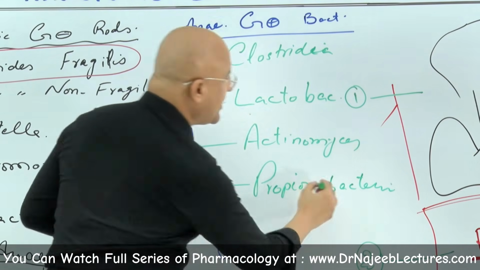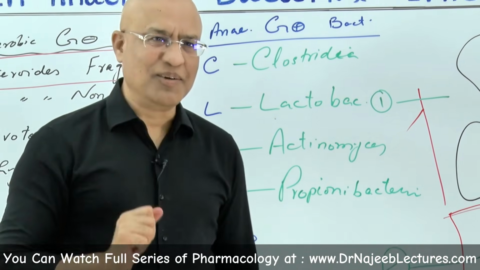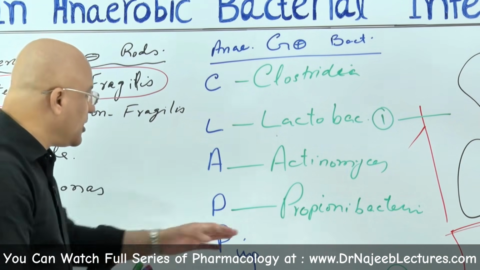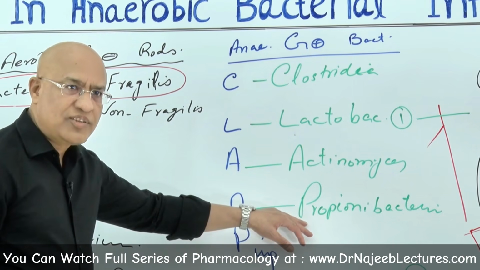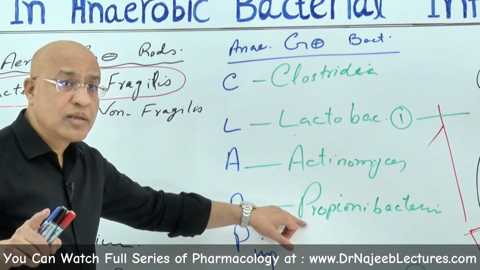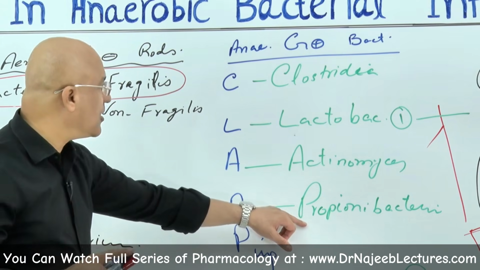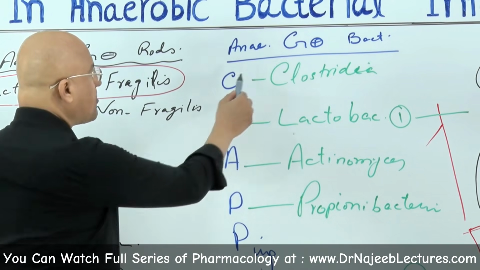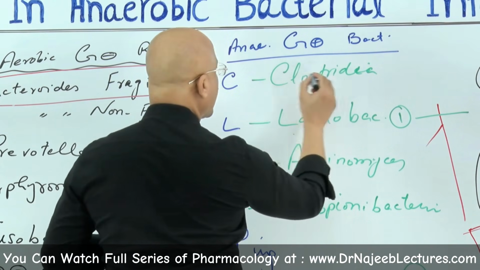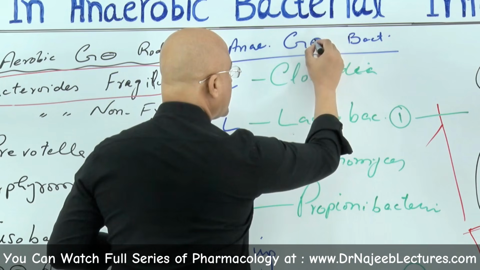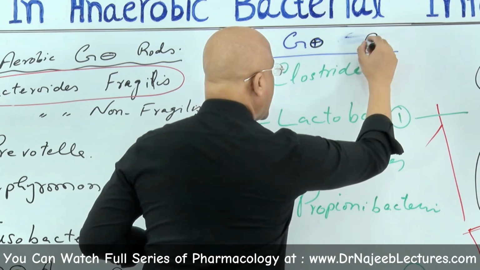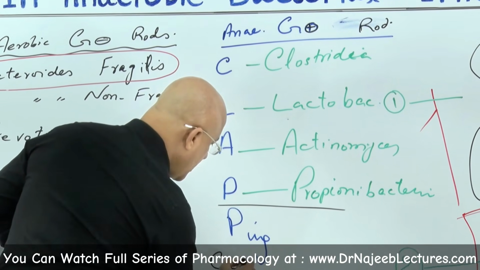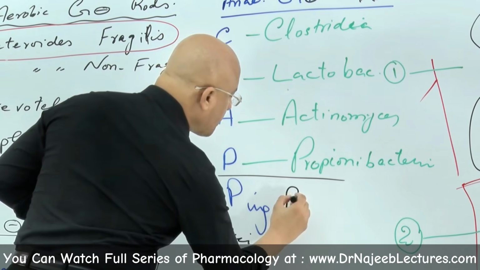which now has a new name, Cutibacterium. It is not cute at all because it produces acne vulgaris, right? Propionibacterium, and recently the name has changed, yes, Cutibacterium. So these are the gram-positive anaerobic rods, and this P now cocci, and this P stands for